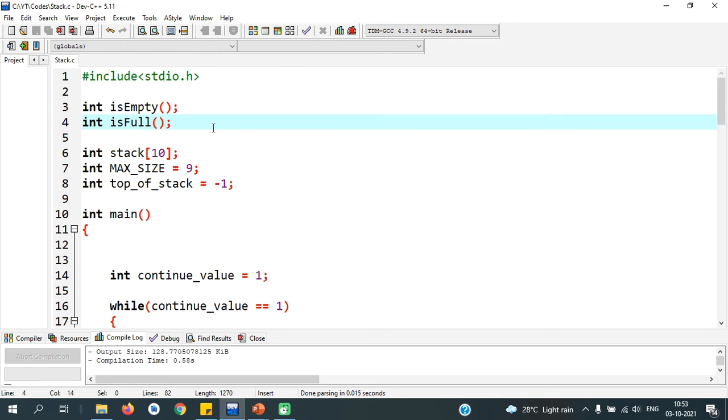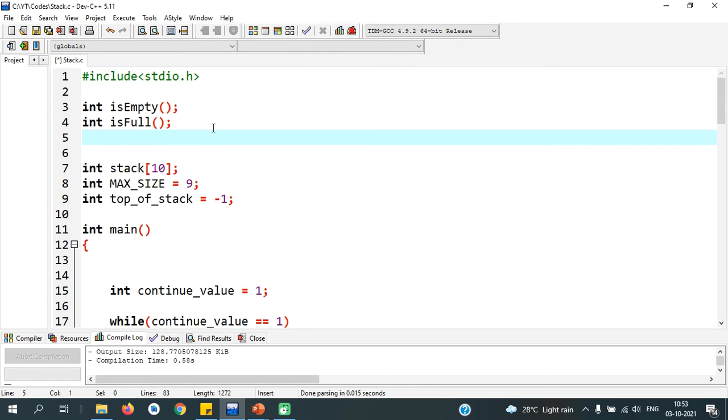So same thing, declaration of the functions. Int push function, this will carry an integer. Only if we give a variable that needs to be pushed into the stack as an argument, that will push. If we give an empty argument, the program will be confused on what value to be inserted into the stack.